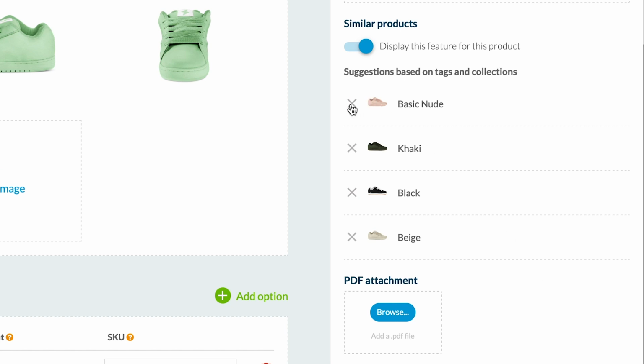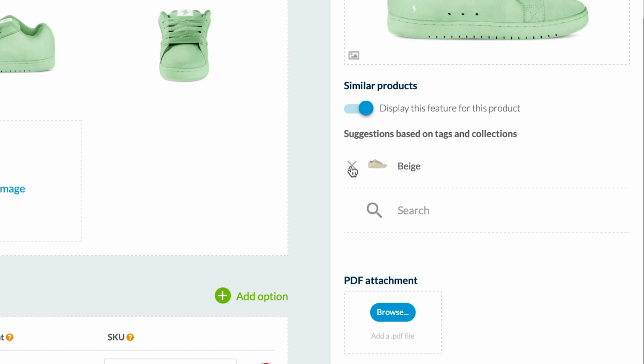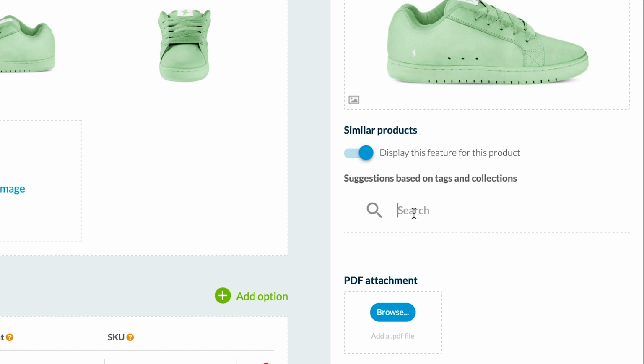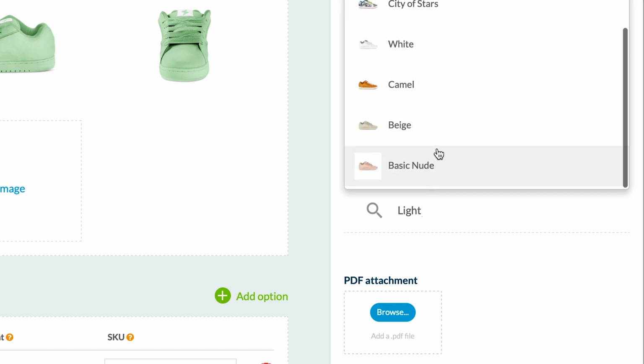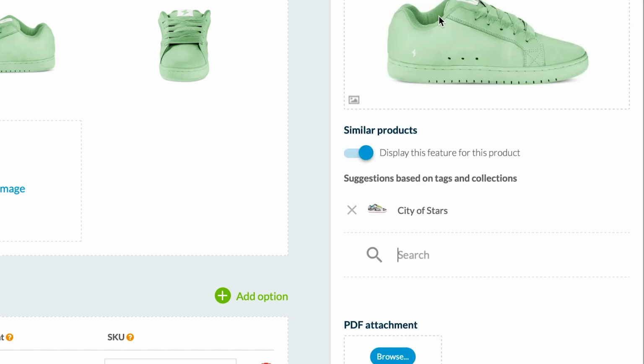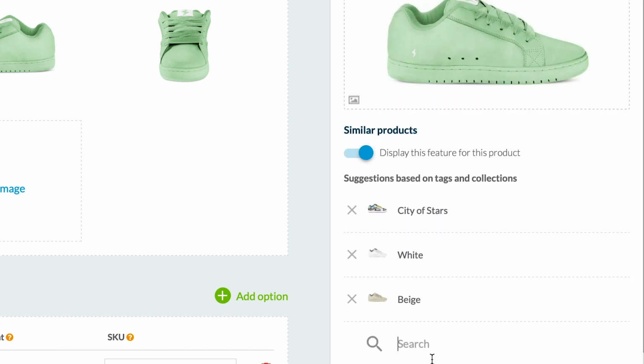To customize the similar product, all you need to do is delete the automated suggestion and add the products you want, looking them up by name or tags. I only want light sneakers, so I'm searching with the tag light that I just created. And here you go. I simply need to select,